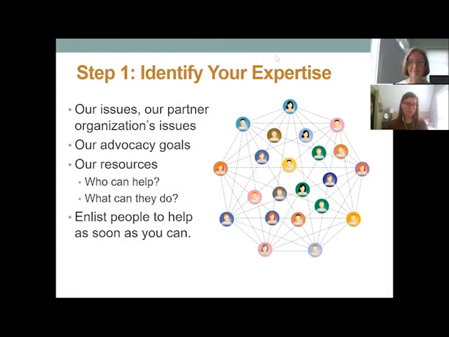You'll also want to identify what your advocacy goals are, which we'll talk about more in step 6. Do you want to publicize your report and use it to educate the public, lobby delegates? You should also identify the resources available to you. Do you know experts who can research your issues? Do you know individuals who have directly experienced human rights violations or who work with people who have? Identify this network and contact them early in the process, as it can take a little longer than you think.